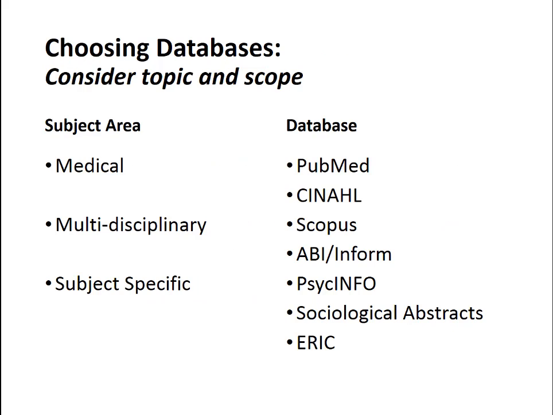There are numerous online databases to choose from for any literature review. Consider your topic and its scope to select the most useful databases for researching the topic. For this particular question on experiences in a student-run clinic, you will want to explore medical databases like PubMed, which covers medical education, and possibly CINAHL, the Cumulative Index to Nursing and Allied Health Literature, which covers the literature of health sciences education. You might want to explore a multidisciplinary database such as Scopus, which also provides references to citing